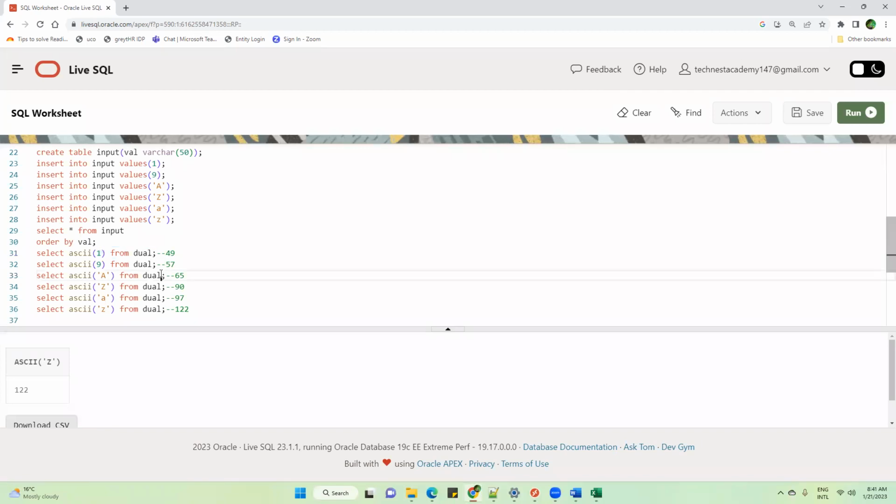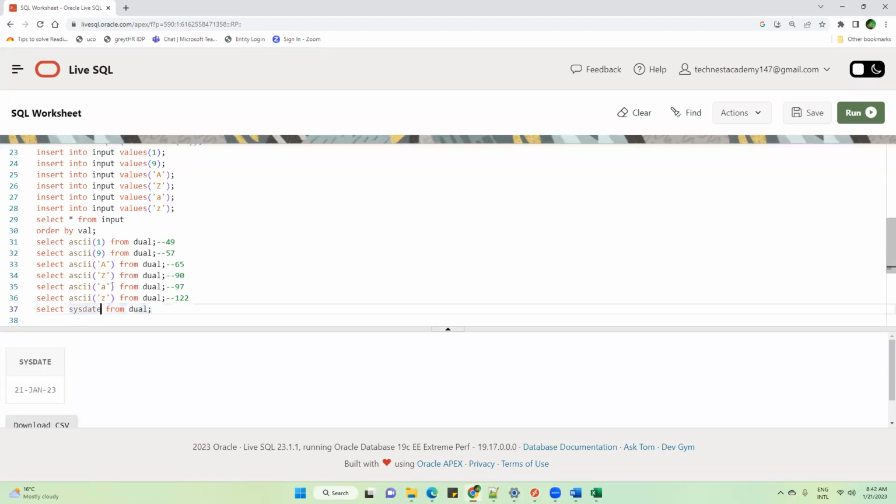Now, the question is, Tanvir, what is this dual? Actually, Oracle has given this dummy table, an inbuilt table of Oracle. This is only in Oracle where you can perform some calculations. For example, if I write select this date from dual, it will give me today's date.